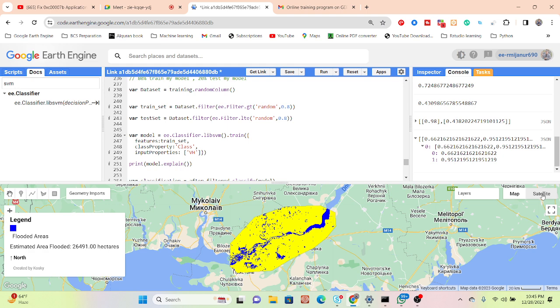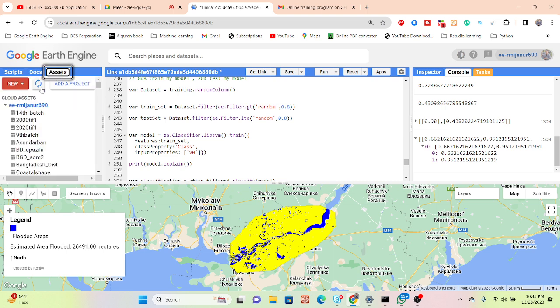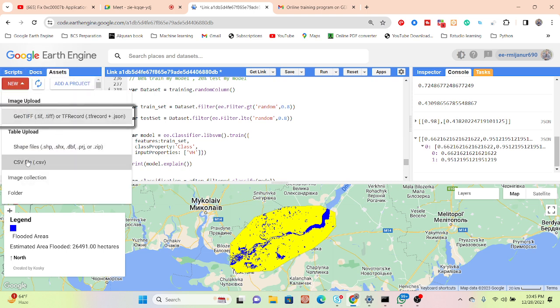Suppose this time you physically visit your study area and take some training samples, specific latitude and longitude for the flood region. Further, you can simply import them in here. You can see it is also available as a CSV file. So simply import the CSV file, extract the pixel value from your ground truth data, and then compare with your classification map. The same process we also apply for the